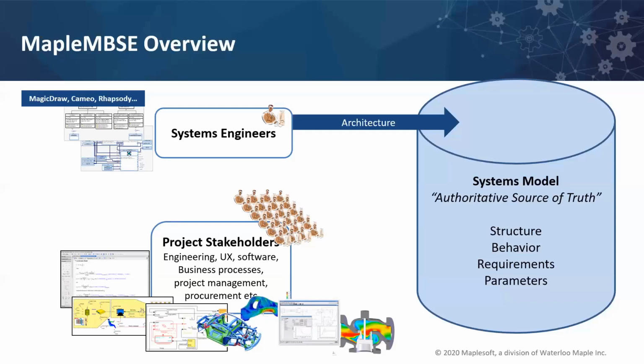The common approach is that information from the system model is exported in terms of, say, documents or spreadsheets, which are given to the stakeholders and are now detached from the centralized model. So it's possible that they are not always given the most recent or most updated information. And these project stakeholders or subject matter experts, who have to contribute to the system model, work with the information that they have. They send this information to the system engineers, not to the model directly, but to the system engineers. And the system engineer updates the system model based on this input.